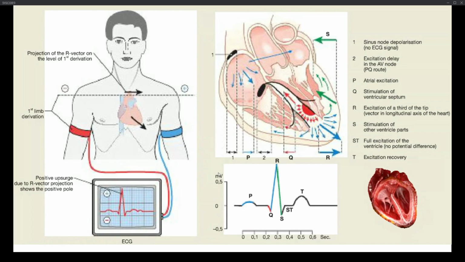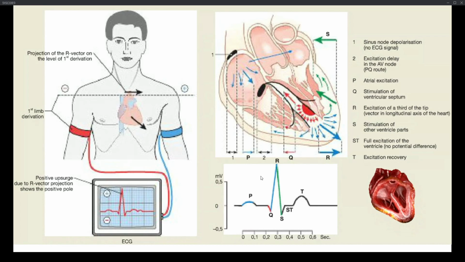And what happens now is, if you have the nodus sinoatrialis here, and it depolarizes, this will be negative towards positive. So basically, this is what you will see on this ECG. I will explain now the different stages, because this is actually the different phases of the contraction of a heart over time,